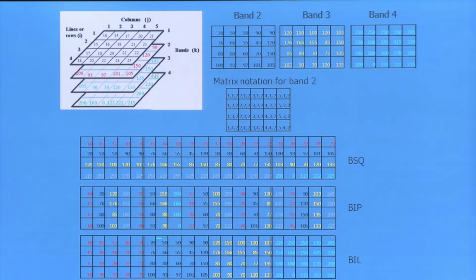So, here the first line, then second line is the first line of band 2, then this third line is the first line of band 3, the fourth line here is the first line of band 4,